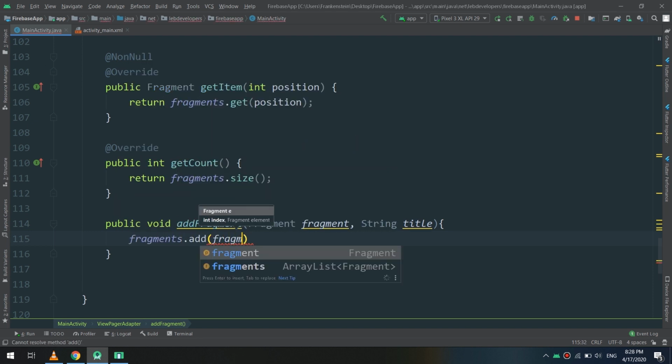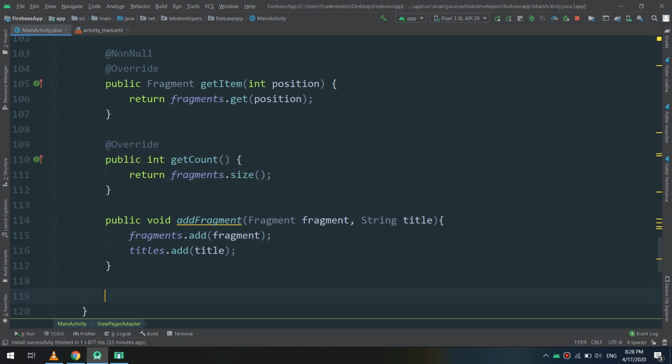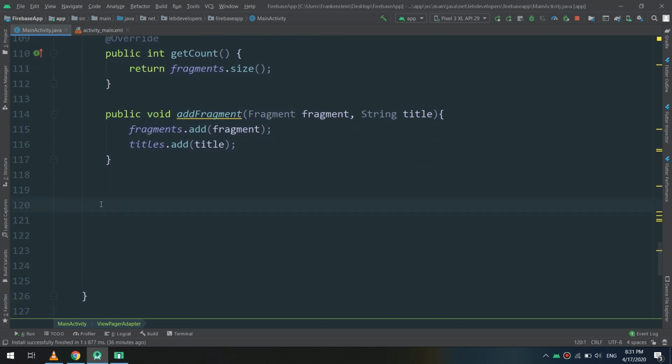And fragments.add(fragment), titles.add(title), or the title parameter. So